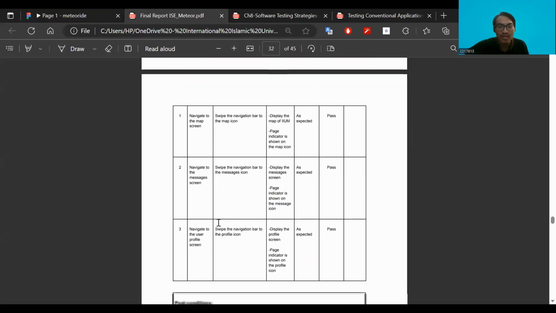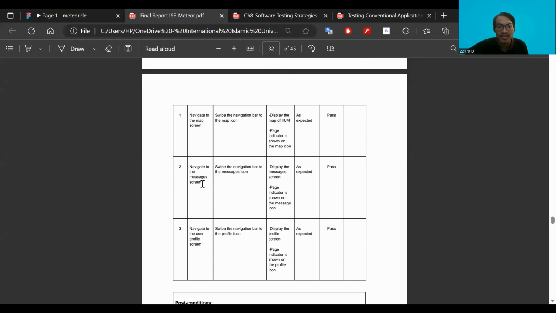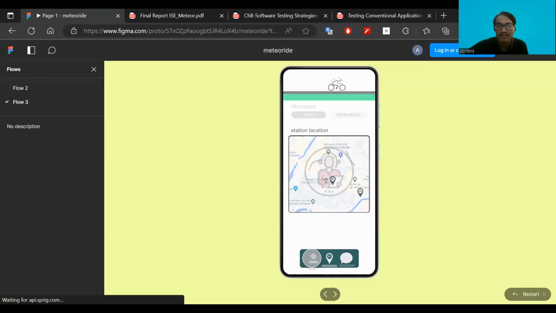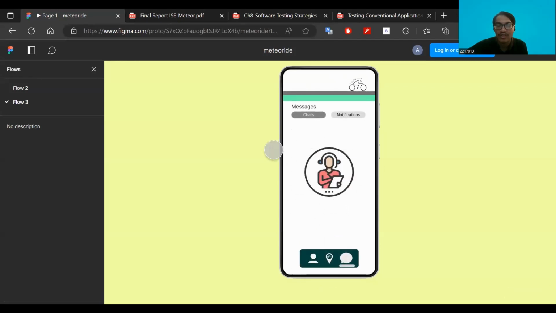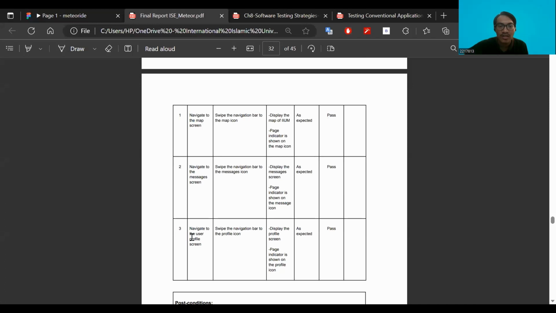Next, we want to navigate to the messages screen. We swipe the navigation bar to the messages icon, and it will show us the messages screen. Here it is. And finally, we want to navigate to the user profile screen.